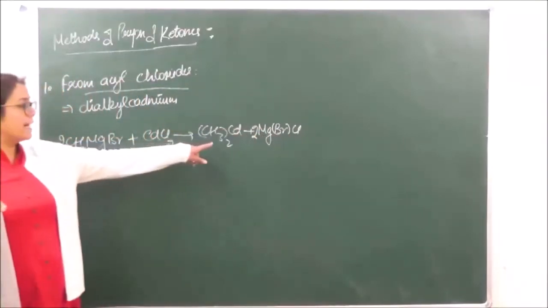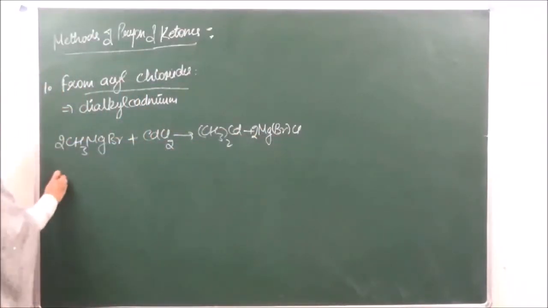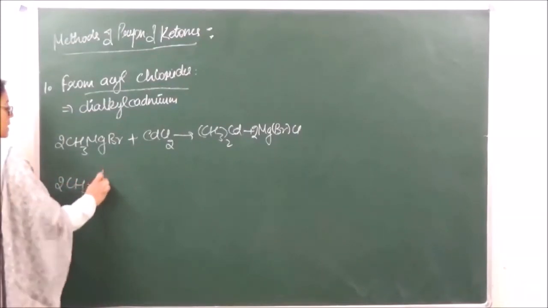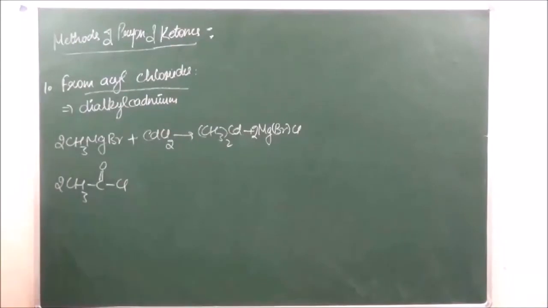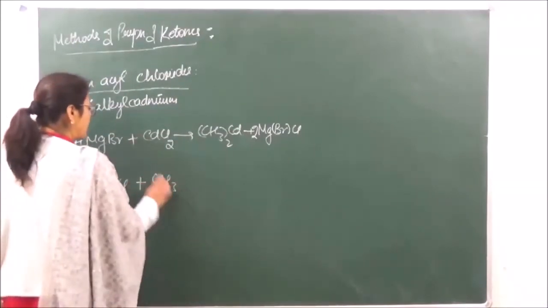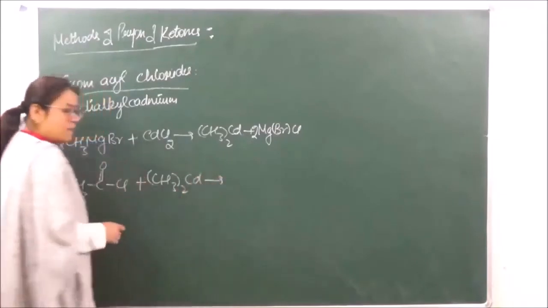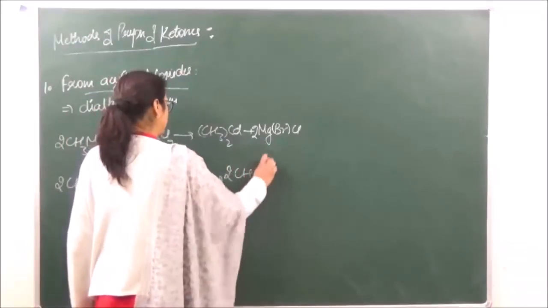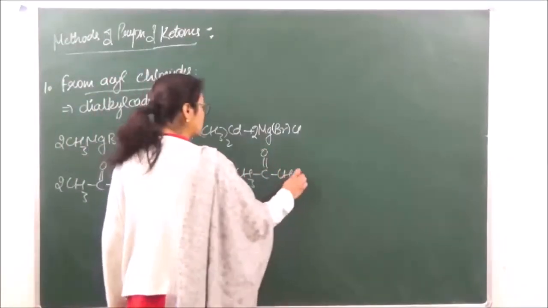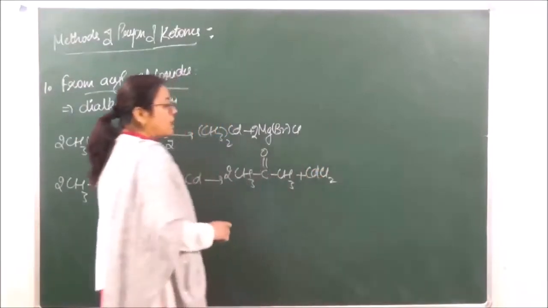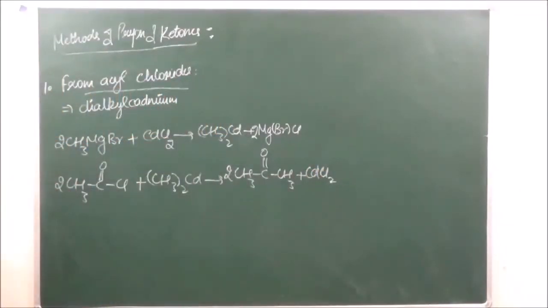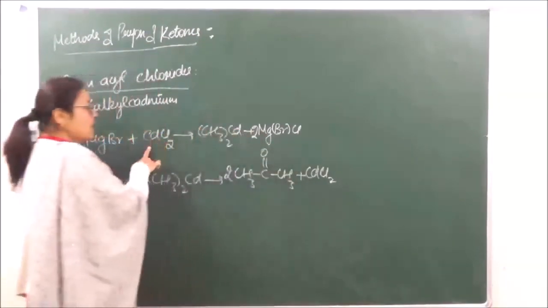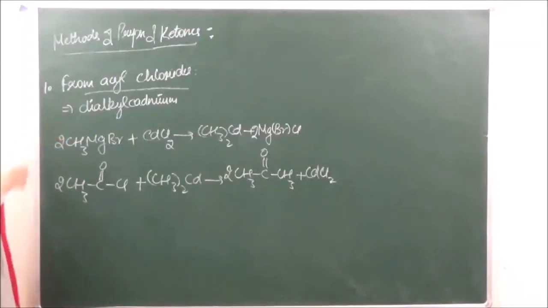Okay, so this dialkyl cadmium is now going to react with the acyl chlorides. This is acyl chloride. We are having dialkyl cadmium. Okay, this is going to give us plus CdCl2. Okay, so this is what we are getting. Now this CdCl2 which is formed over here, that can be again used in the first step to form more